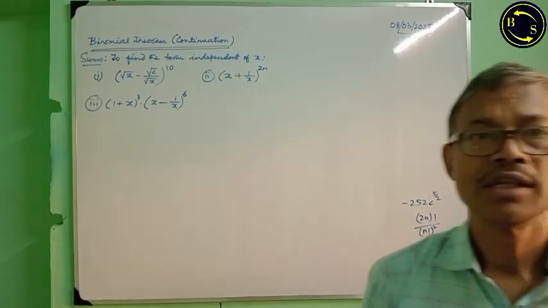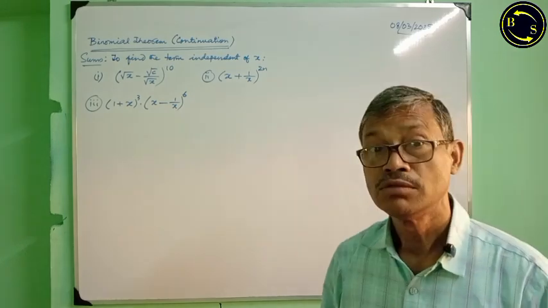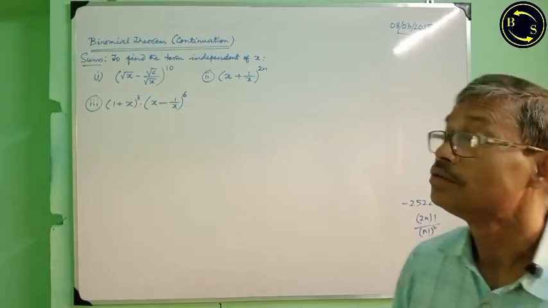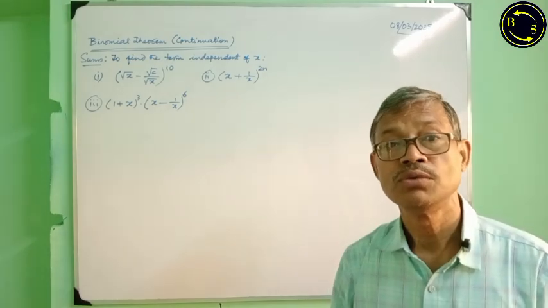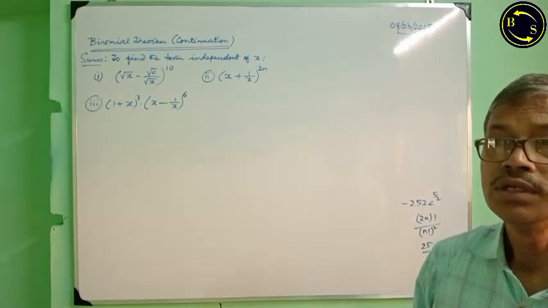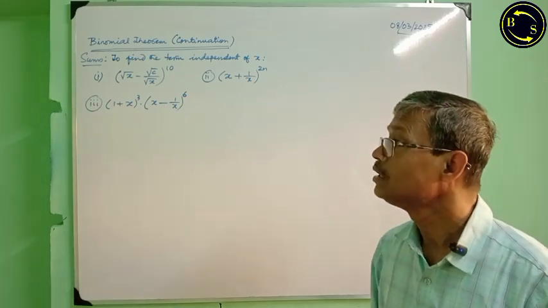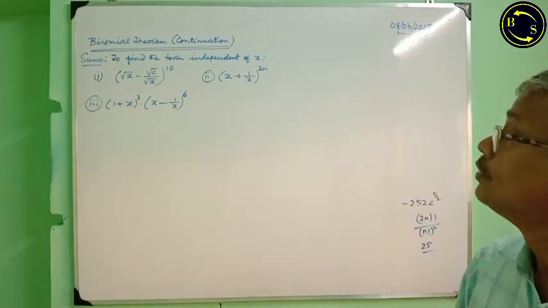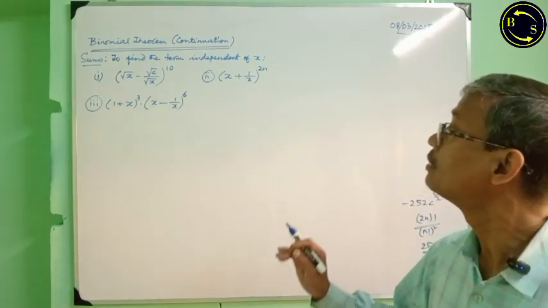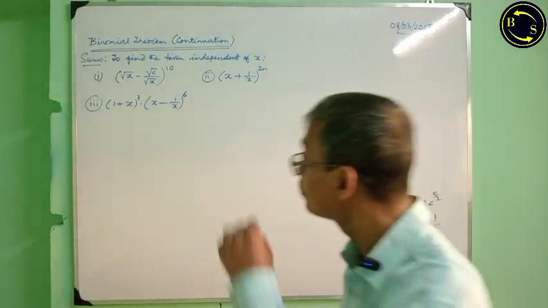In the earlier episode I started binomial theorem. Now this is the continuation class. That means I am going to work out a few more sums on the topic binomial theorem. I have taken 3 sums, actually different types of sums on the same category. We have to find the term independent of x in the expansion of these 3. First of all, number 1,